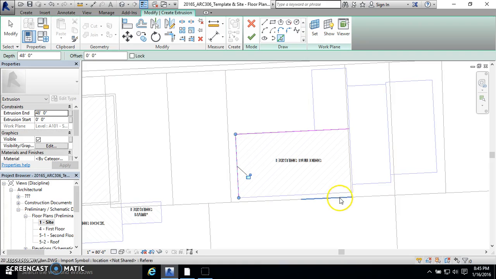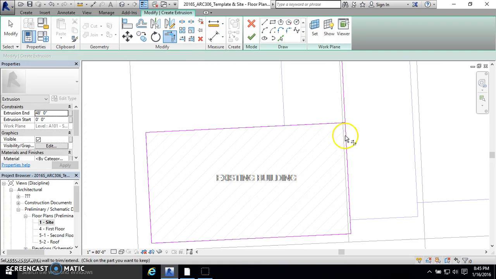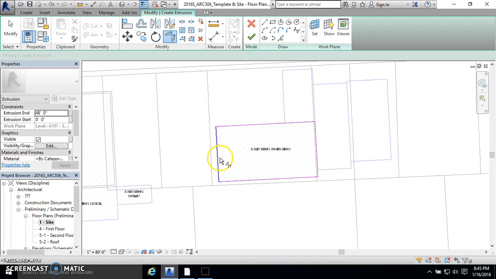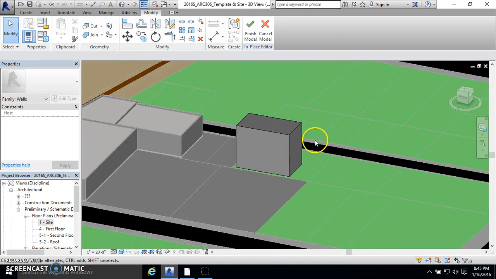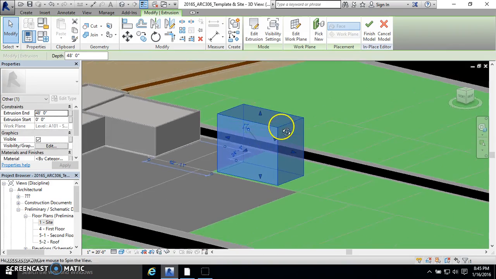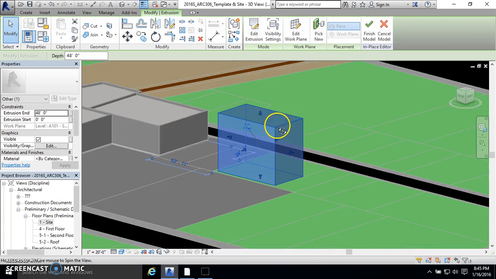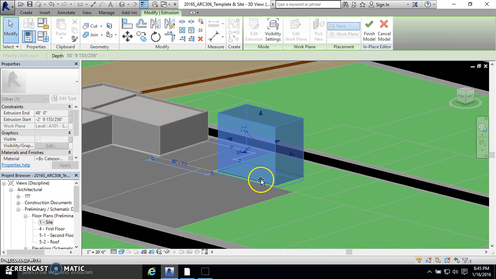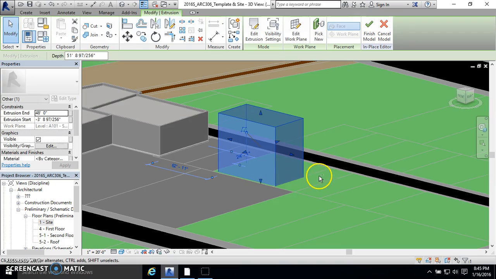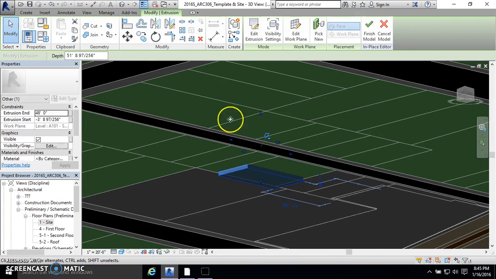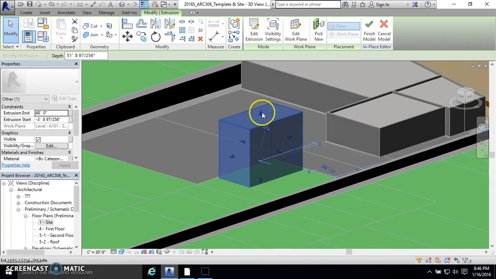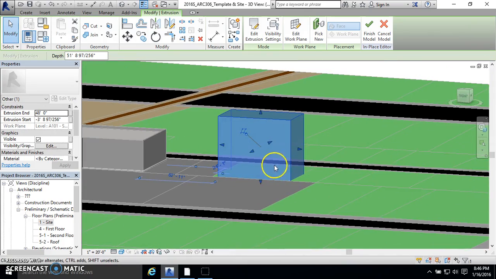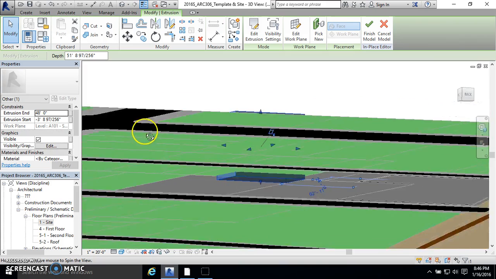and I'm just going to click around here, and then I'm gonna hit the check mark. So now I have that building, and first of all I want to drag it down a little bit, and if you look underneath, so it goes a little bit below this surface,